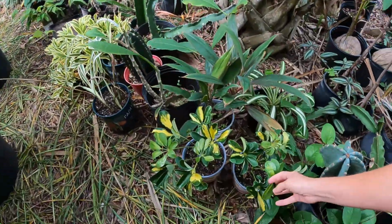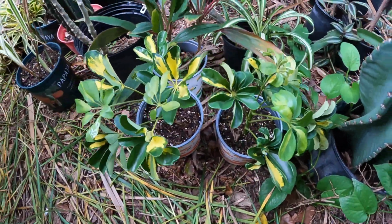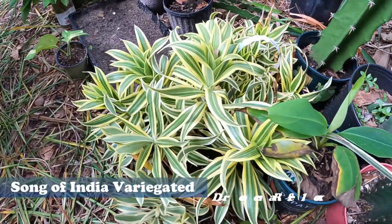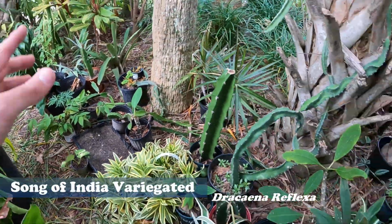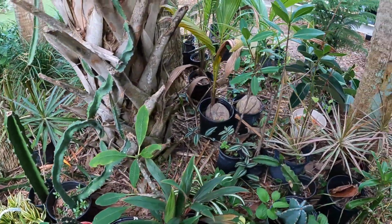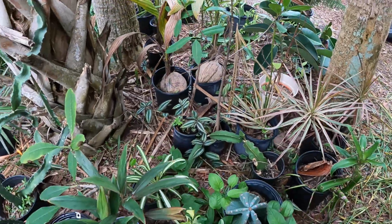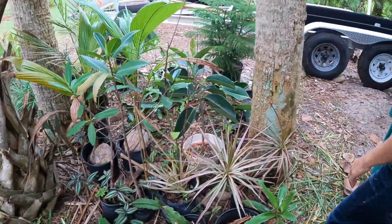But look at the Scheffleras. They're looking good. I did those about 2 weeks ago. These are cuttings. It's one you can do from cuttings. These Song of India, it's another one you can do from cuttings. So we have kind of a lot of stuff in here that needs to be planted. We have mangroves in here. Those need to go down by the water, I guess. You up potted some of the... Yeah, and then I up potted...